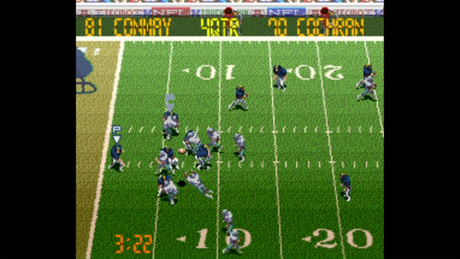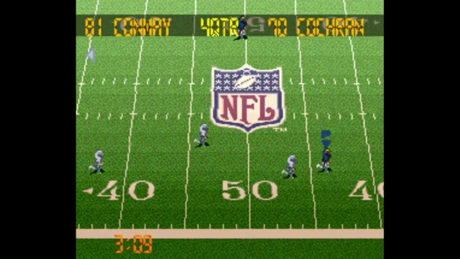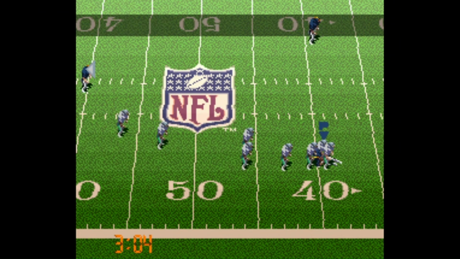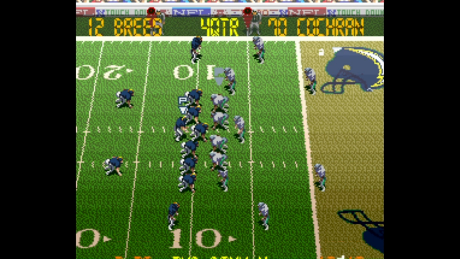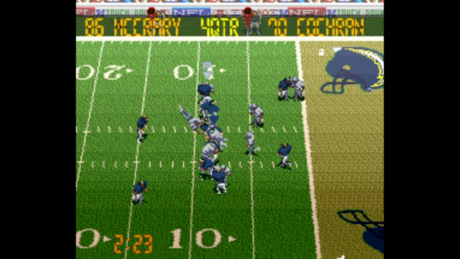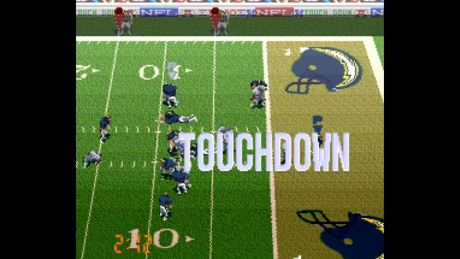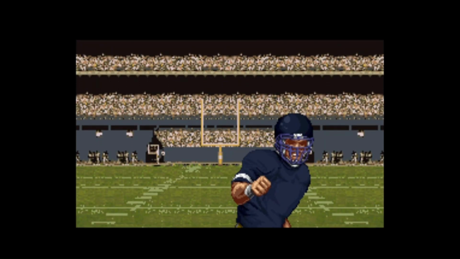Drew Brees is going to look downfield for Curtis Conway. They're going to make this connection. Conway's going to get it down to the 40-yard line. The Chargers are in business now. They've taken it to the 9. On second down, they're going to slip this handoff to fullback Fred McCrary. He's being held up at the line, but he breaks free, and he's going to score the game-tying touchdown. 17 all, 2:12 left in the game.